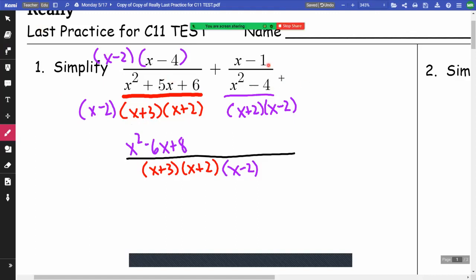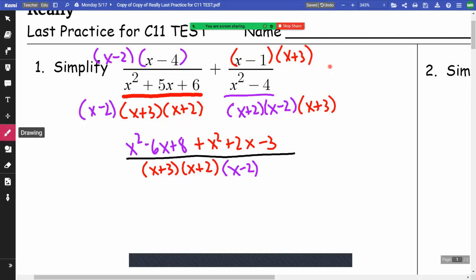And for this one over here, this one's missing the x plus 3. So I need to multiply top and bottom by x plus 3. So multiply this by x plus 3, this by x plus 3. And when I multiply these together, x minus 1 times x plus 3 is going to be x squared plus 2x minus 3. And now I'm going to combine like terms, and I'm going to get 2x squared minus 4x